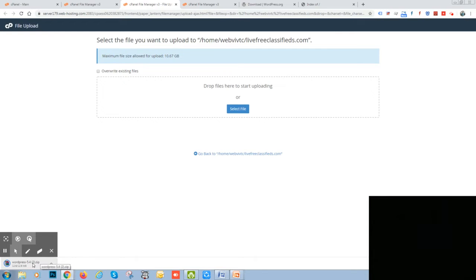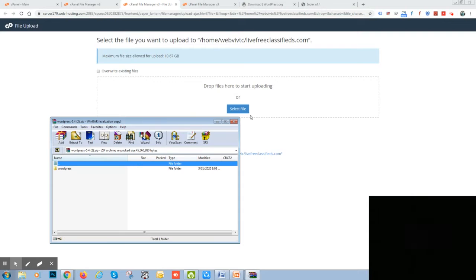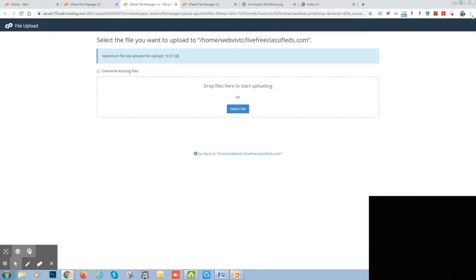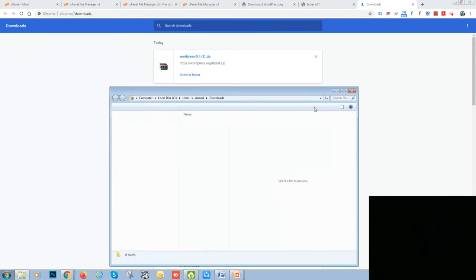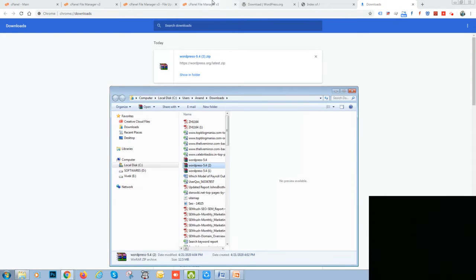Once that is done, we just have to drag and drop these files from this location to this location. I have opened the folder where the downloaded file was. Here it is.